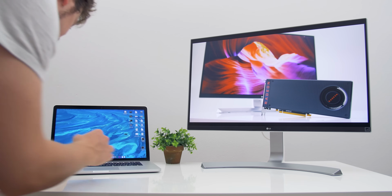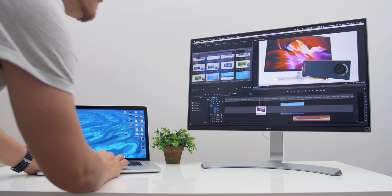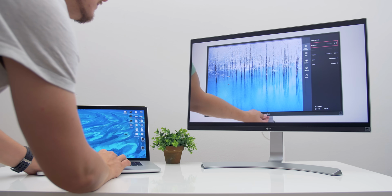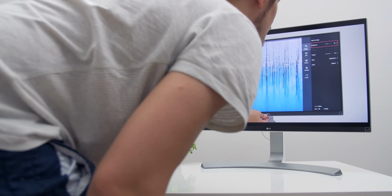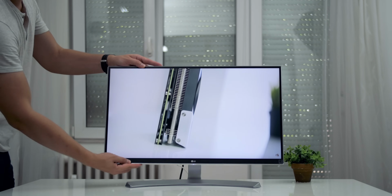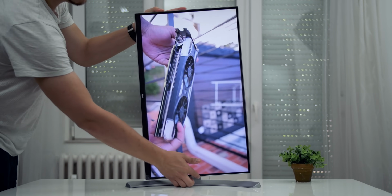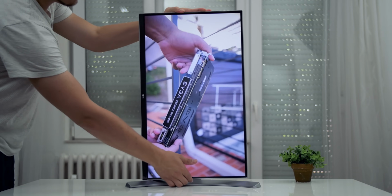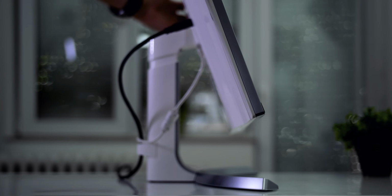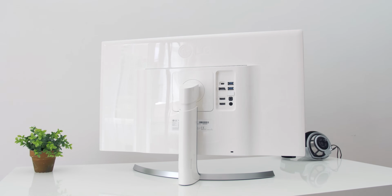Now, you don't need to be an editor to appreciate all the detail you get out of such a panel, and you only realize how much detail there is by being super close to it. Having this native reference again may be one of the best reasons to choose UHD over a widescreen or an ultra-wide screen. We have 110mm of height adjustment with portrait mode available, something ultra-wide monitors do not support, plus 23 degrees of angle adjustment. The back is covered with white plastic, it helps to lighten the monitor, and it looks super clean too,